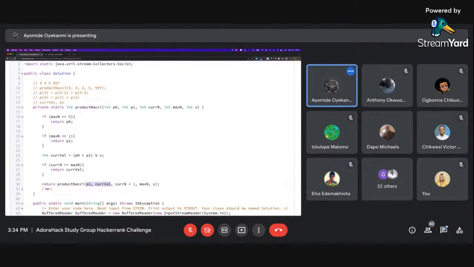Something I'm not very clear about here. I'm not sure how the switching affects anything, and this is kind of odd, because I solved this question. If I'm passing P0 and P1, and I'm multiplying them, then at each point I'm passing in P1 and current value anyway into the next method. And so when I get to current,